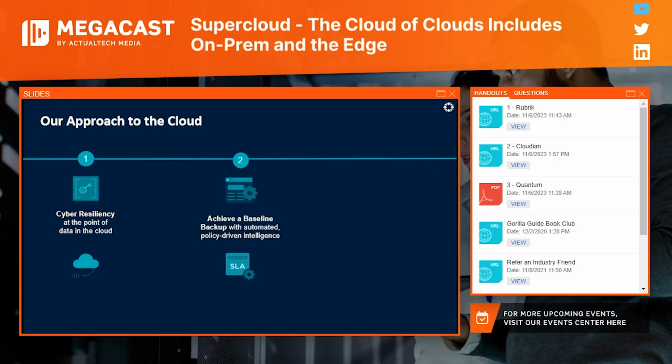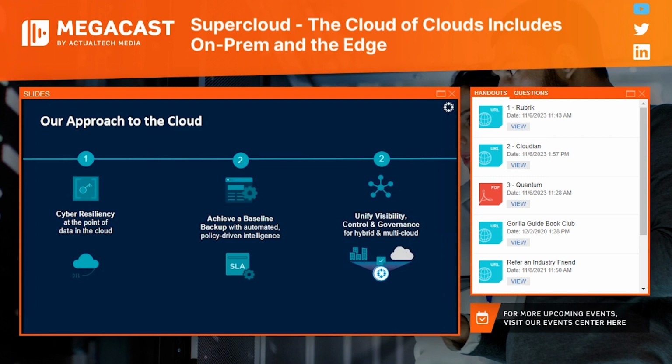You basically apply your business needs, you codify them in these SLAs, you apply them to workloads, and those workloads could be running anywhere. They could be running in the cloud, they could be SaaS-based, they could be running on-prem. You can even share those same business policies across the various different clouds. So it's super easy to get a baseline and organized and keep track of what's being protected across all these different environments. And that's the key here, right?